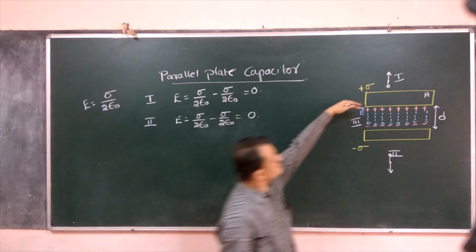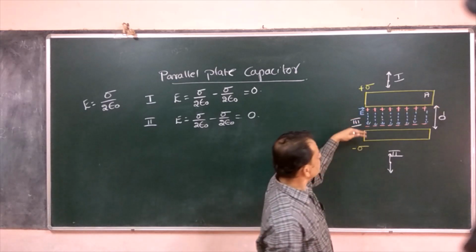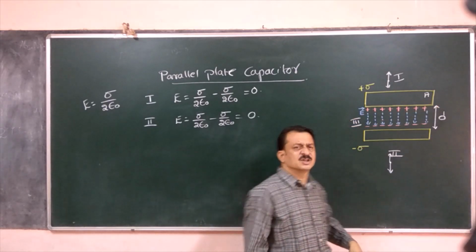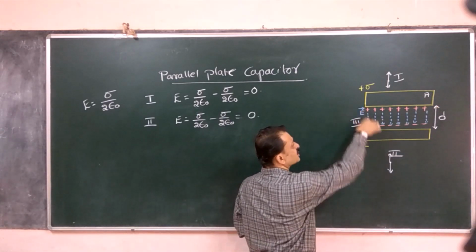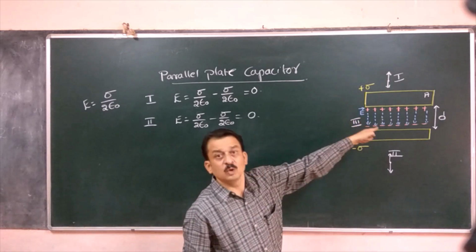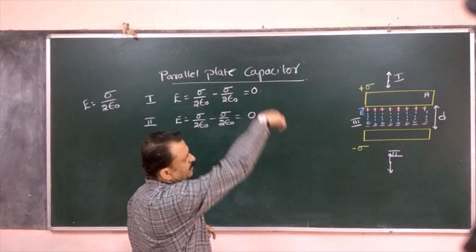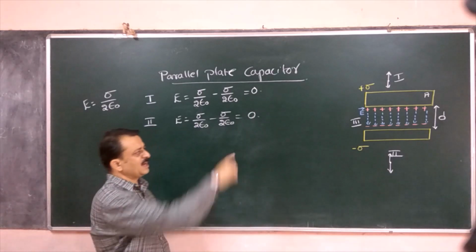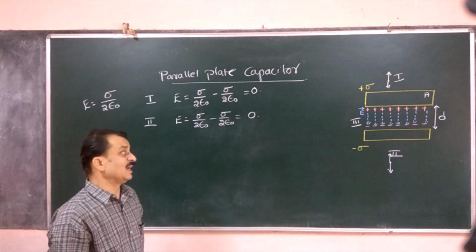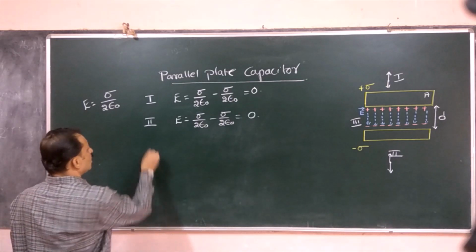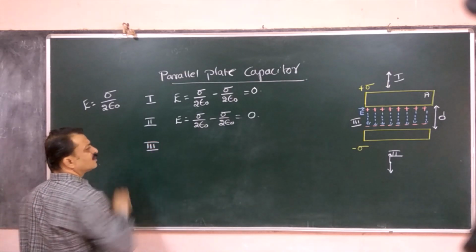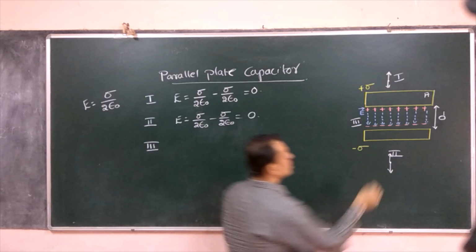Now here the upper plate is positively charged and the lower plate is negatively charged. Therefore the field direction is as shown by the blue lines. The electric field is from the upper plate to the lower plate as shown by the dotted blue lines. Now consider any point in the third region. If I take any point here,